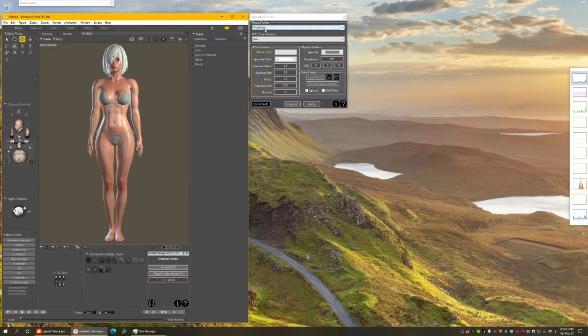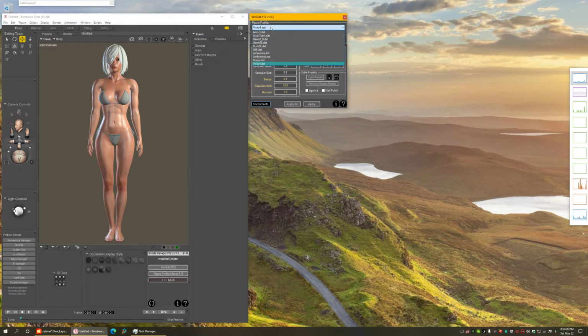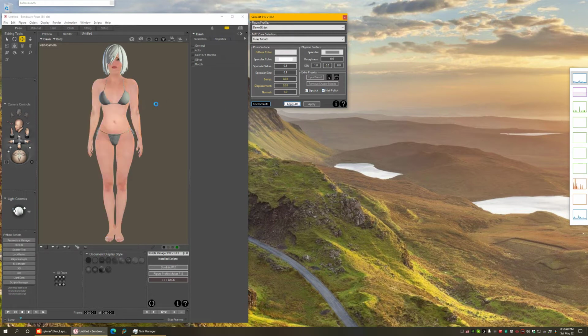First thing we need to do is select the profile for the figure we are working with, which is Dawn Special Edition. And then we have a few new options here and there. We're going to talk about them. This texture doesn't have lipstick or nail polish, so I'm going to enable them both. And then do a single click on Apply All. We wait a little bit. It does its thing, and when it's finished, which it's already done,